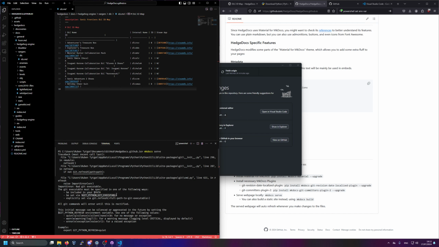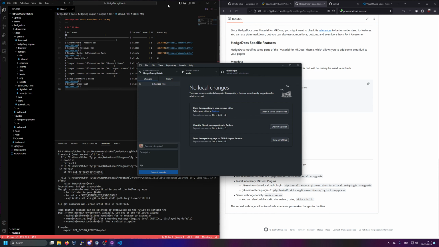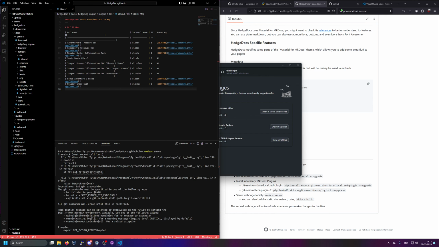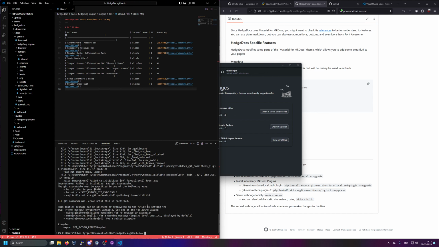So we'll have to point mkdocs to this Git executable that's included with this app over here. And we'll do this by copying this part. For starters, we'll do Ctrl-Shift-C. And we type, assuming you are using PowerShell, you can see that by the PS over here, $env: and then Ctrl-Shift-V to paste, and then we can